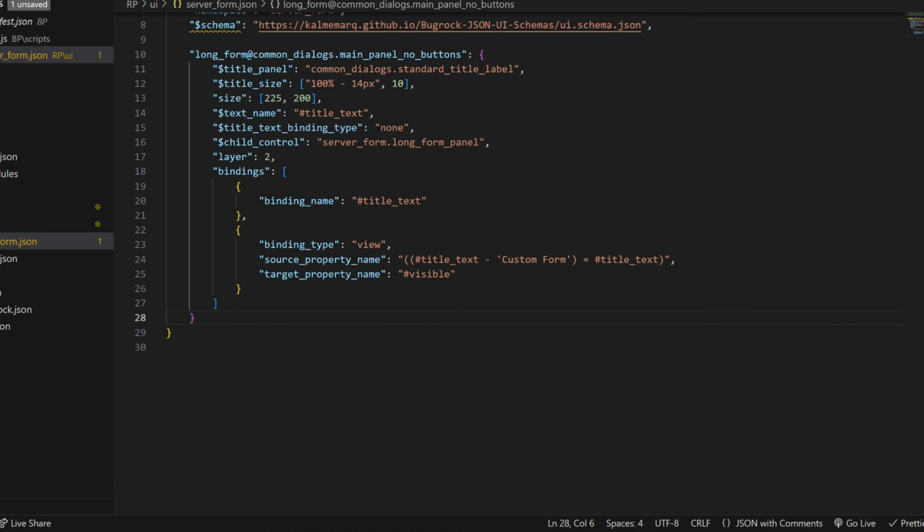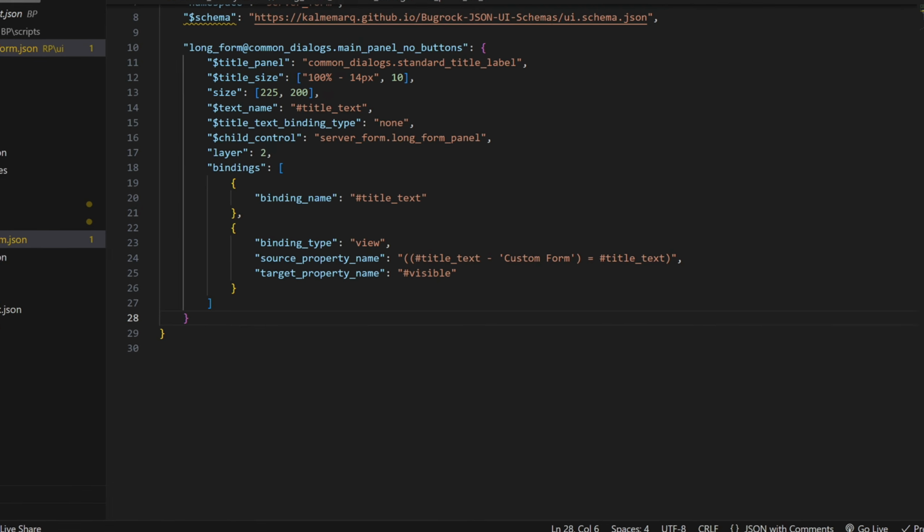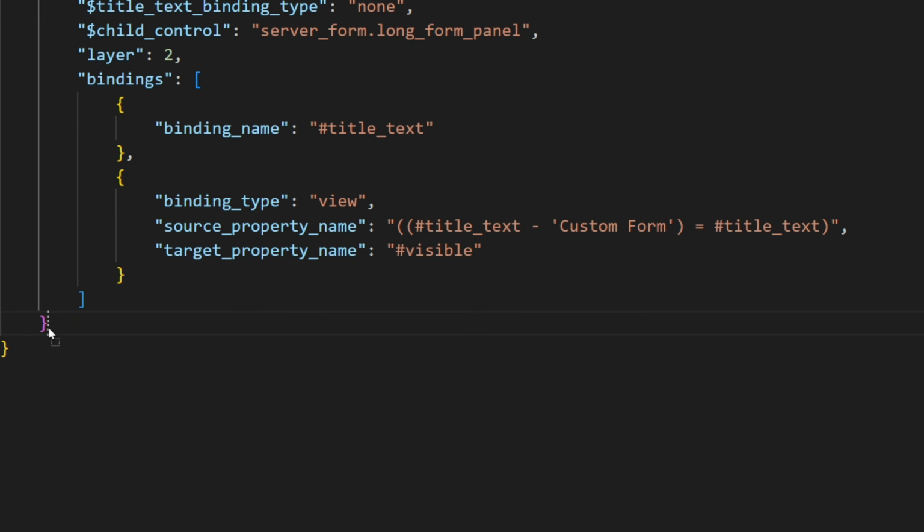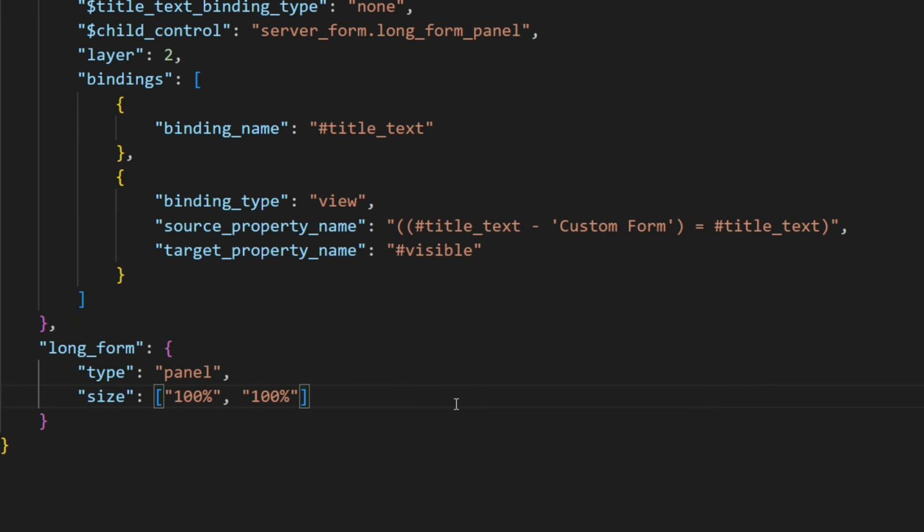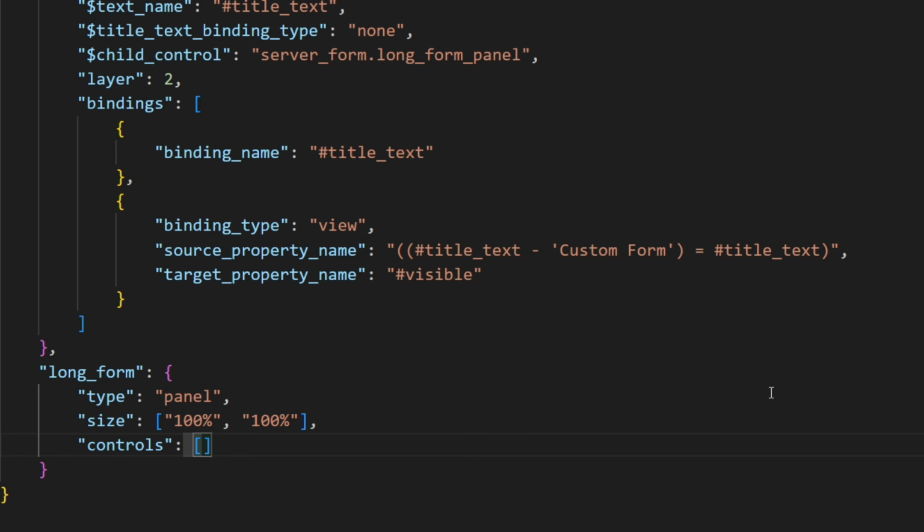So now we create 2 of those statements and modify the one that should be modified. So let's modify the longform a bit. We make the longform be a panel. The name of the element has to be longform since it is referenced in the main factory. We're doing this to be able to store multiple of the elements with the conditions in them. We can use that by using controls which can hold an array of elements.